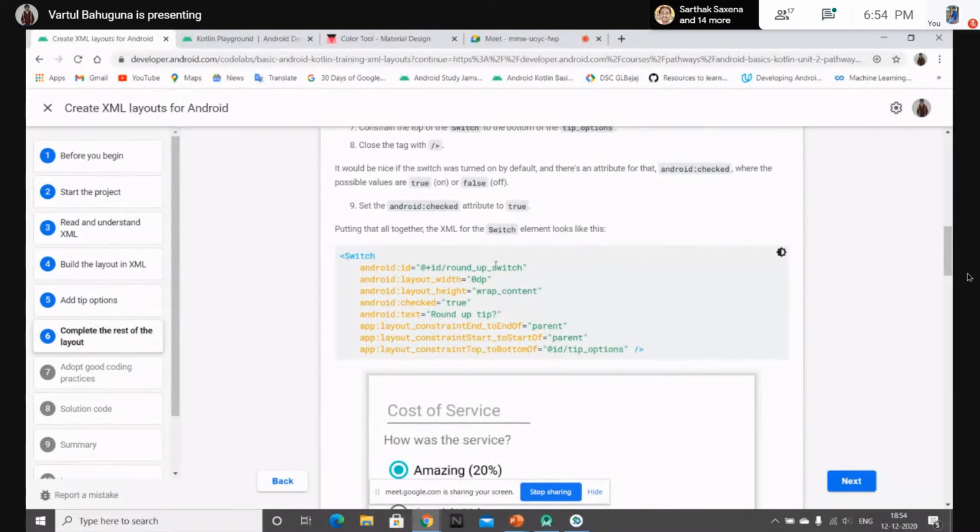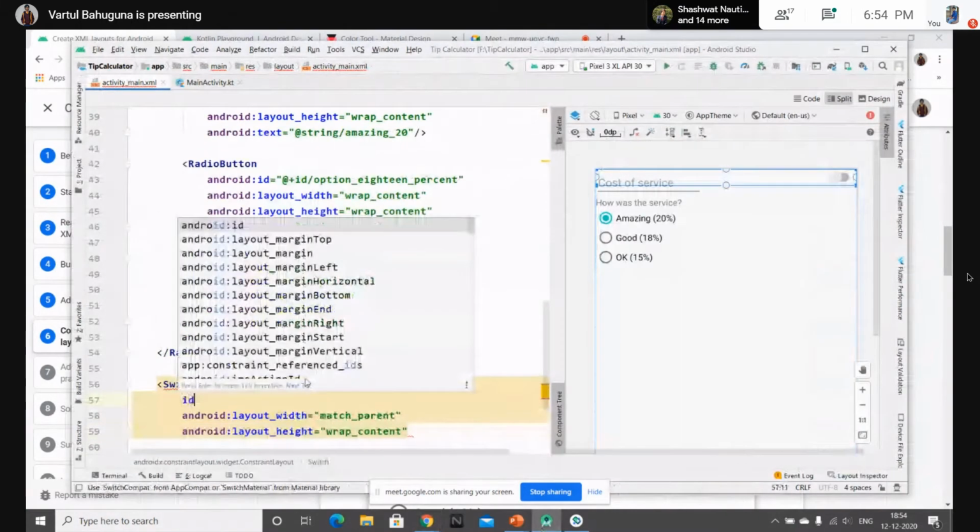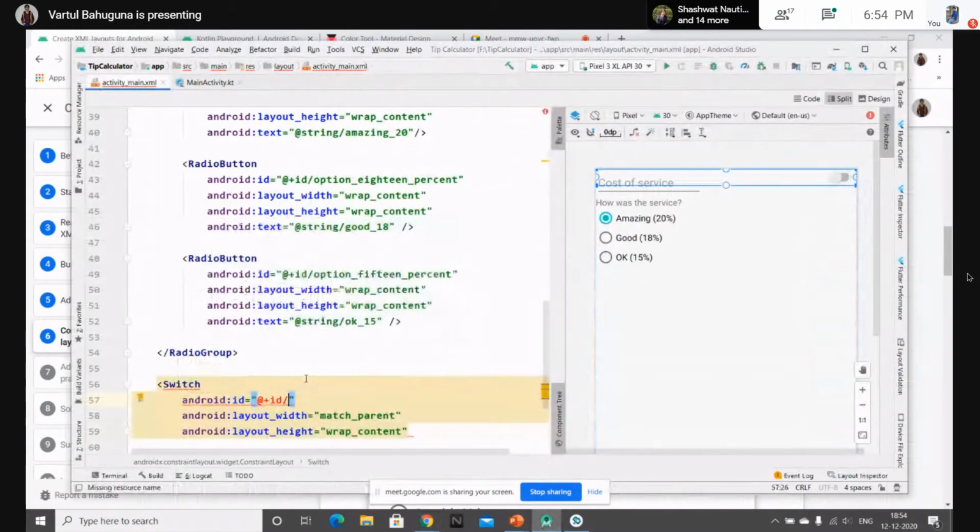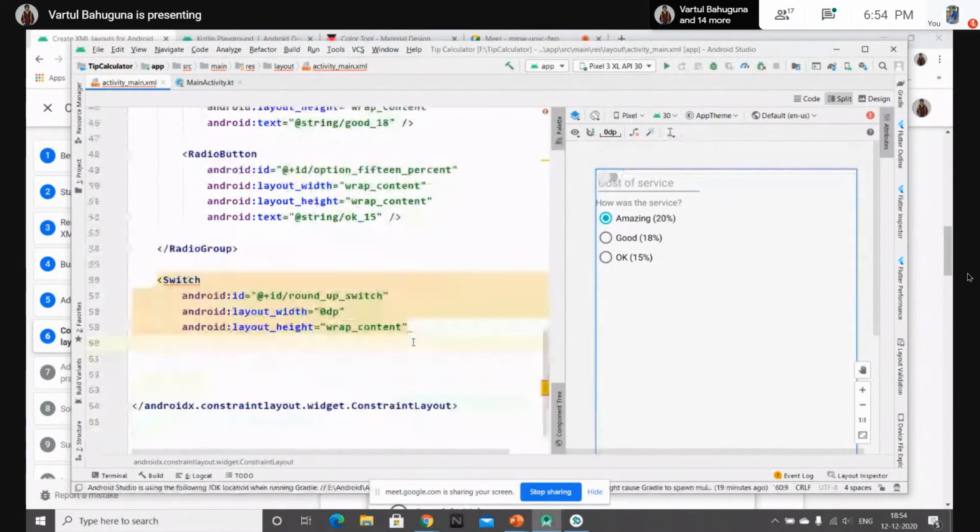Let's add the ID and constraints first. The ID, layout width 0 dp. Now let's constrain it.